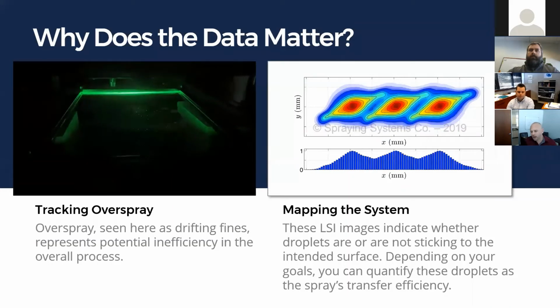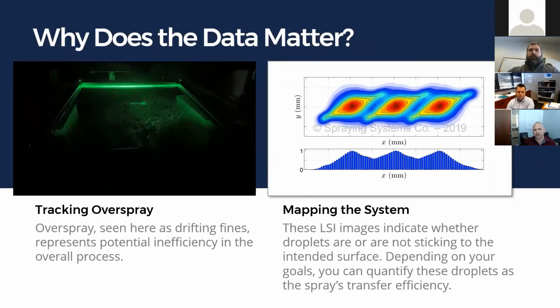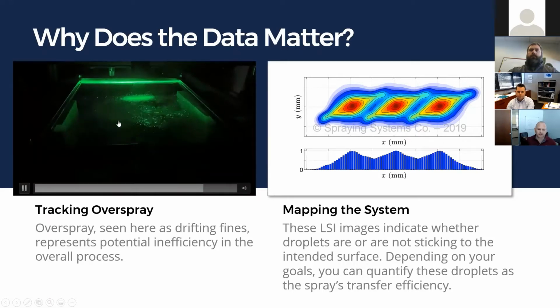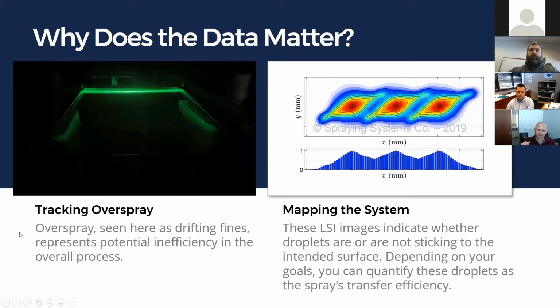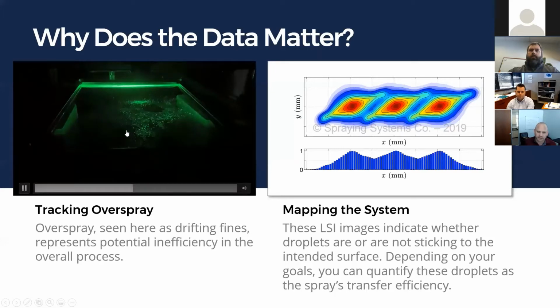So why does transfer efficiency matter? And what was great about what Paul said is tracking that overspray. You can see on the left-hand side, we have our PulsaJet technology, which is very unique technology that can maintain our spray pressure but adjust the volume through a hydraulic method and through that PWM. But you can see the little fine droplets that are drifting and moving away iteratively,